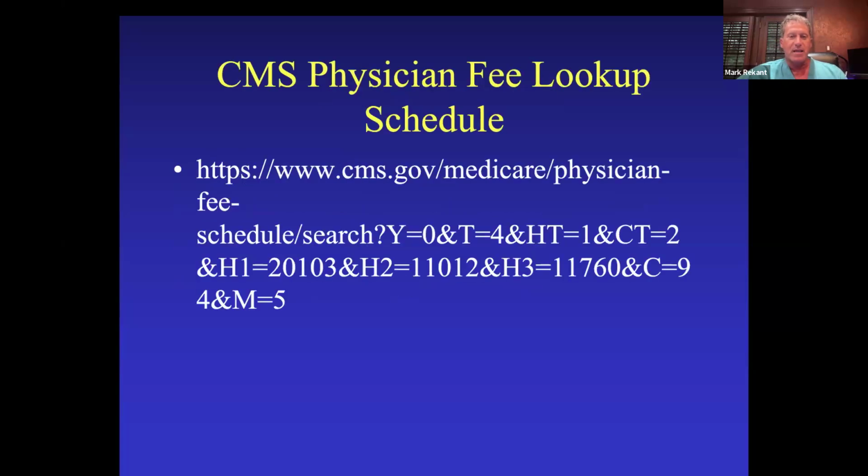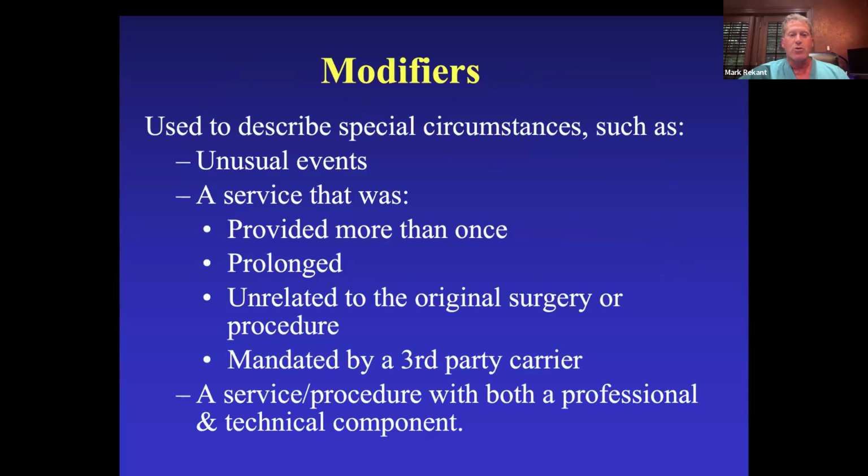This is really the key slide here, and I use this pretty regularly because it has all the CPT codes. It has the RVUs for those that are RVU based. It also gives you the assistant fee capabilities and the global as you scroll across from left to right. And you can look up 4 or 5 codes at a single sitting and then simply refresh it as you go throughout your day. So real quick with modifiers,